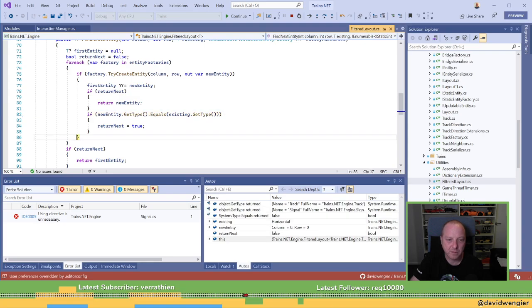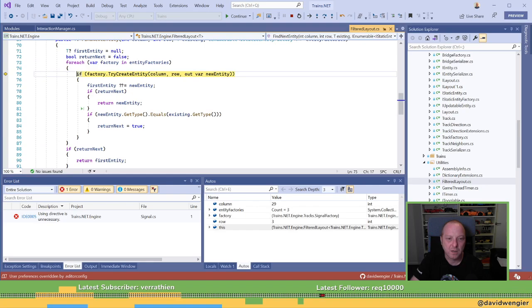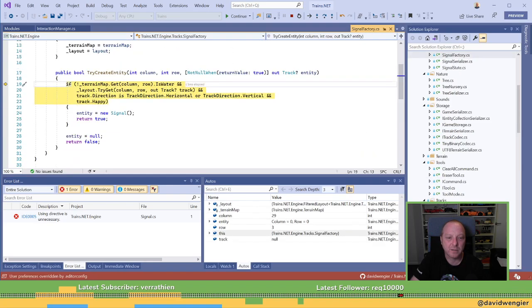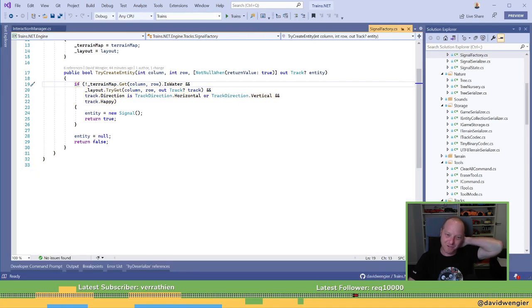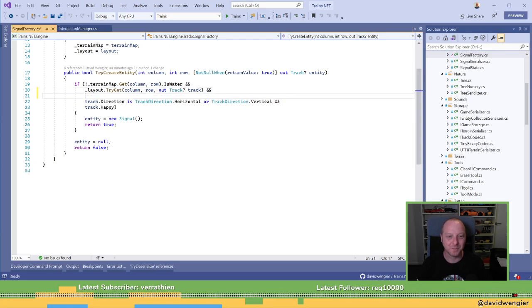We haven't found the signal yet, so that's cool. Oh, and then this is going to say, no, I can't be a signal because your track is not happy. Oh, that's annoying. So this needs to return if the existing one is a signal so that the rotate thing works, which is really sucky.